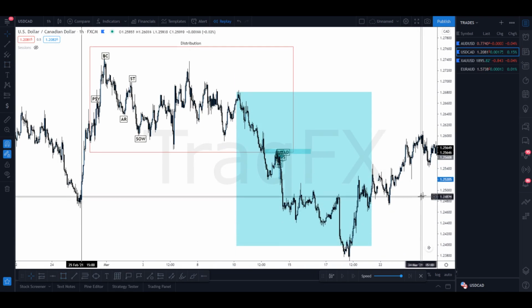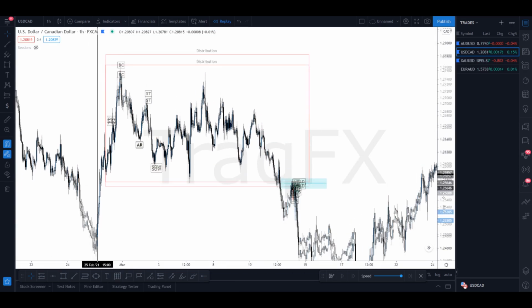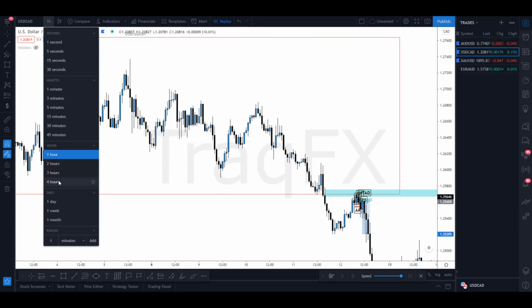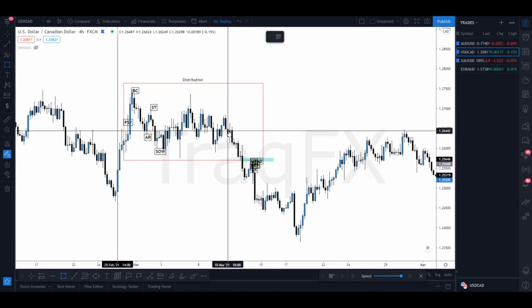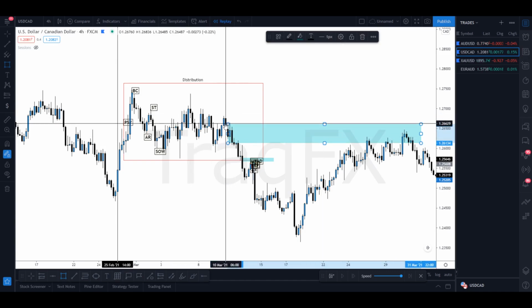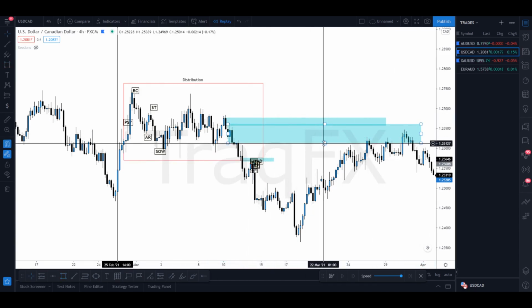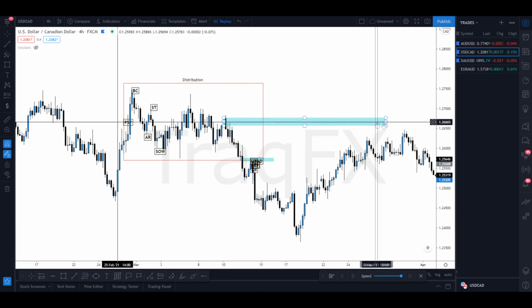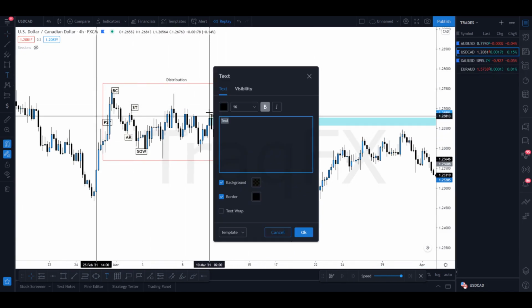What we want to do is still look for the beginning of that push down. In this case, what's the start of this major push down? Well, let's go down to the 4 hour time frame and look. Clearly we have two areas of interest, one being this last up candle before the move down, and the second one being this last up candle before the move down. As these are both really close to each other, this one already got tested, this one didn't. Now technically speaking, you can consider this as your last point of supply,